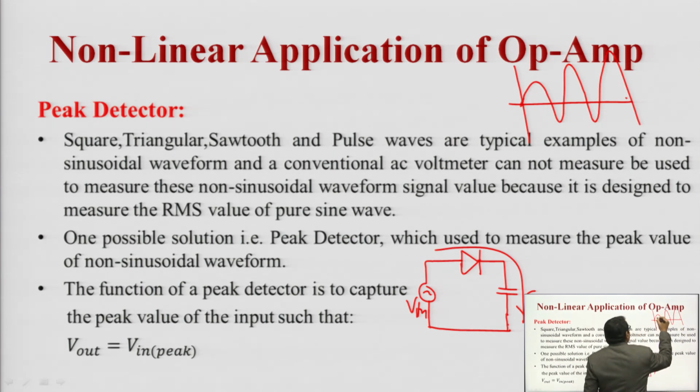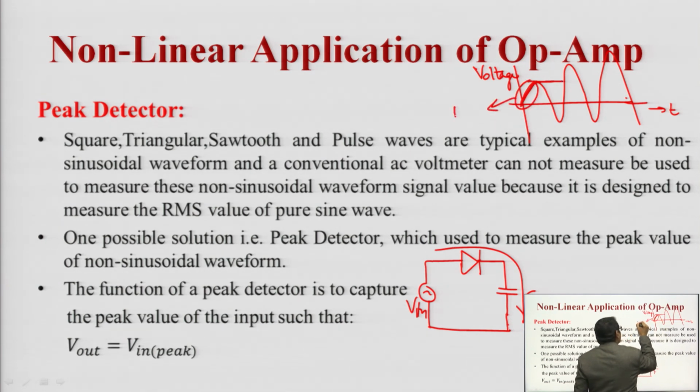If V in increases, the diode will conduct, and the capacitor starts to charge up to the peak value of V in. This is the region where the diode is on,